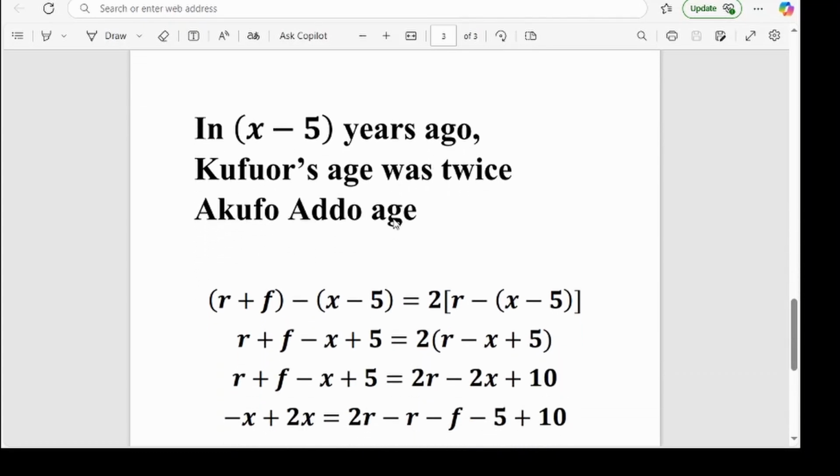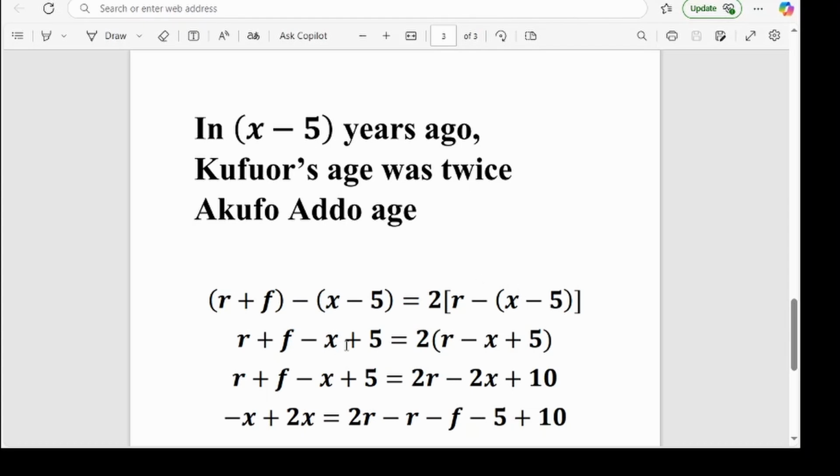So therefore we are going to get in bracket R plus F minus in bracket S minus 5 equals 2 multiplying in bracket R minus in bracket S minus 5, bracket close, right? So R plus F minus